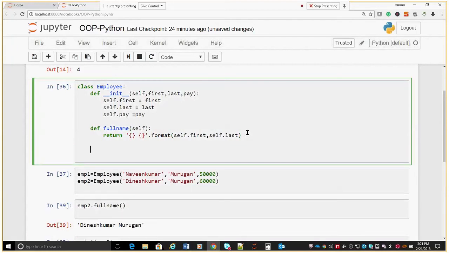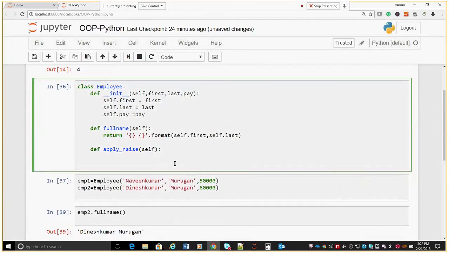Let's see what class attributes are and how we can use them. To make that clear, I'm creating a new function called apply rise. For example, there is a company that increments salaries of employees once a year, some constant percentage for all the employees. Then they can use this method. I'm just giving an example. That also doesn't take any argument because the pay is there. I'm going to store this pay incremented by some percentage,